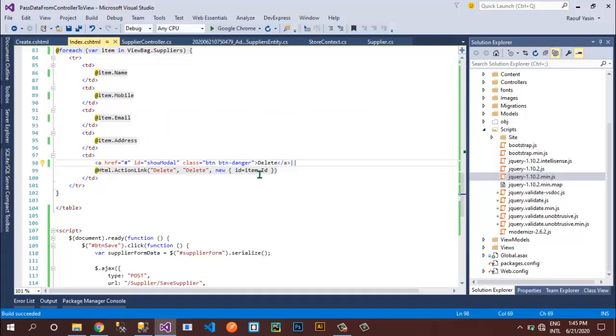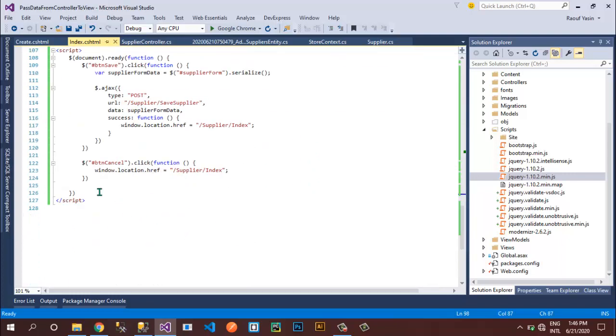Okay, so I will create a function over here on click, and I will create a function confirm, and inside here I will pass my item ID. Okay, or you can say it's a supplier ID. Now we need to create this confirm function.